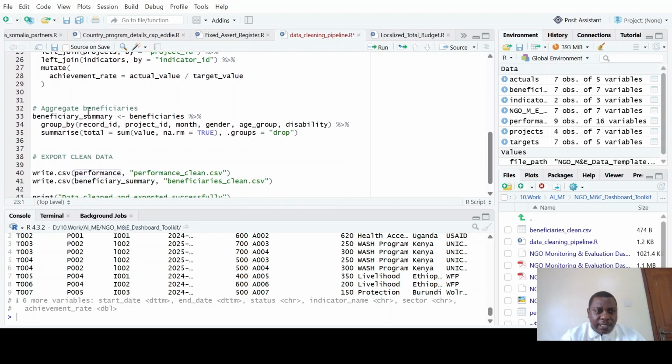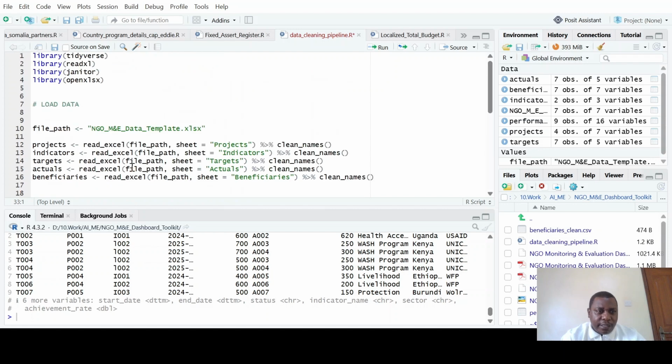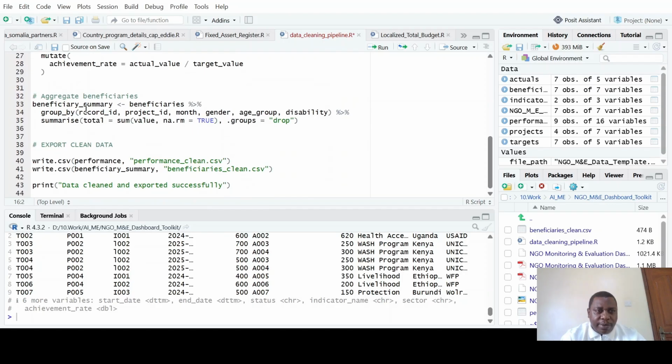So I also aggregate the beneficiaries by creating a data object, beneficiary summary. And so the beneficiaries, this is also extracted from above here. See, this one, beneficiaries. Then beneficiaries, I use the pipe operator, where I group by record ID, project ID, month, gender, age group, and disability. I then summarize to create a total, sum of the value, with na.rm, remove NAs,